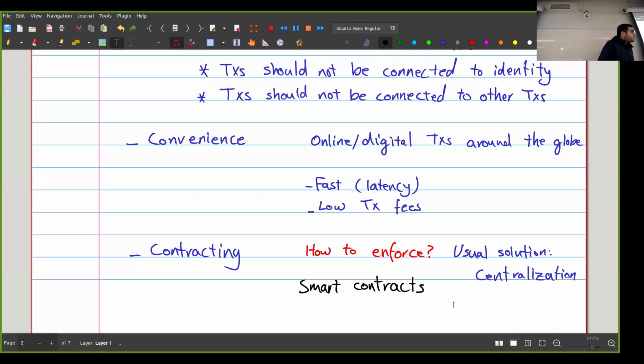Now, the problem is that if I have a contract, I also need an enforcer for that contract. Who's going to enforce it? Suppose that I write a contract with you, maybe I bet with you about some game in sports, who wins. And then I say, if this team wins, I'm going to pay you $50. If that team wins, you have to pay me $50. Let's say we write down this contract and sign it. Now, in the real world, this is enforceable in the sense that if the contract requires you to pay me and you don't pay me, I can go to court, sue you, and they have the power to enforce it.